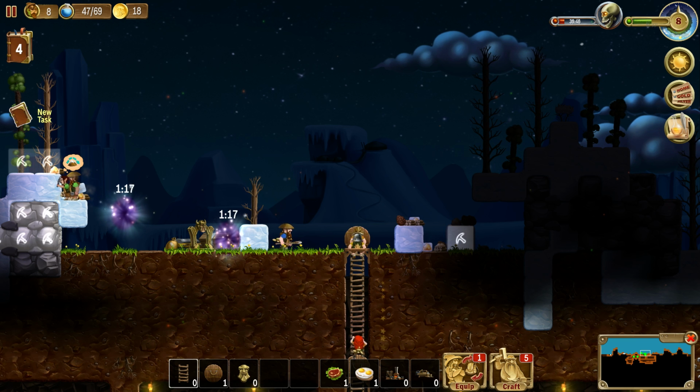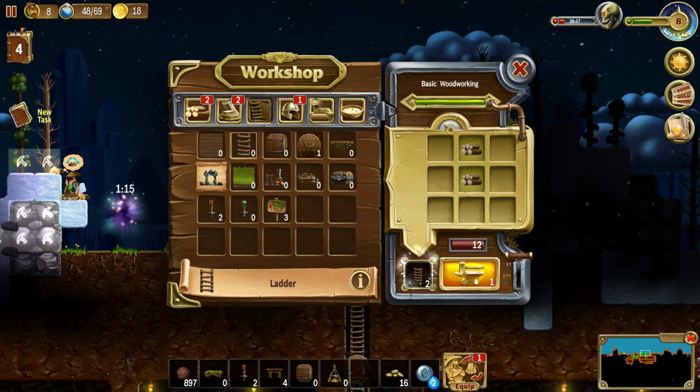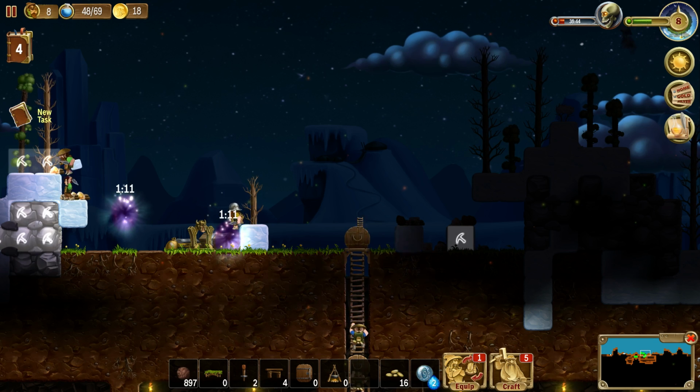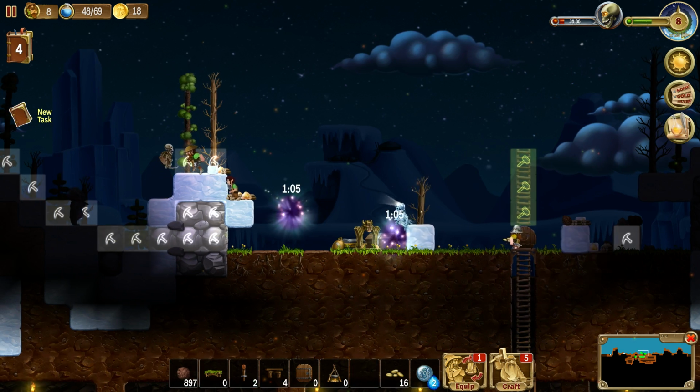So let's see. Do we have any more ladders? We don't. So we're going to bite the bullet and do just a couple more of these ladders here. Let's do 3 more, I would say. That should get us to where we want to go. So let's do 1, 2, 3. And we got a little ghost right there, so...